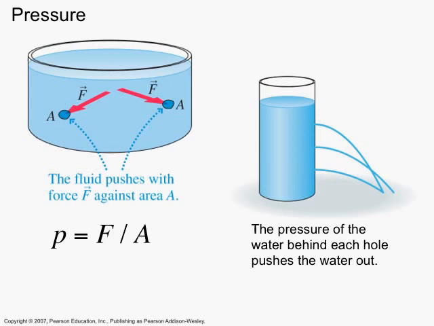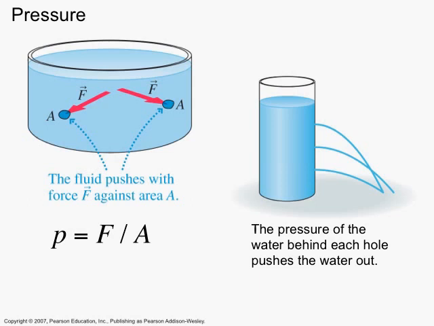Because the liquid is trying its best to get as low as possible, the layers of liquid press down on the layers of liquid below, but they also press on the sides of a container, trying in a sense to press the container out so the liquid can flow or seep to lower levels, such as through holes punctured in a container full of liquid. The liquid will squirt out of the holes. It's pressing on the sides of the container.